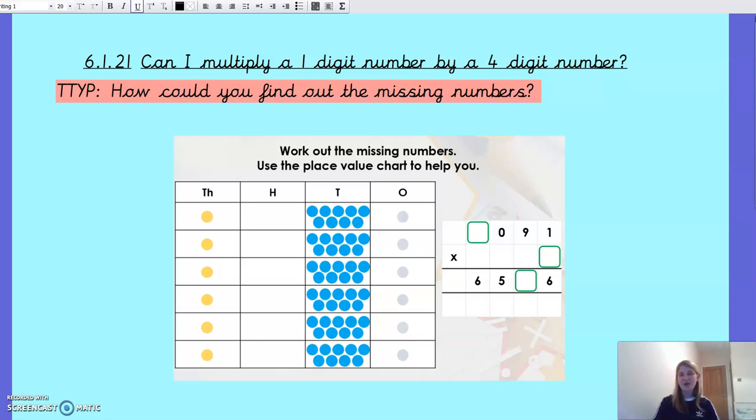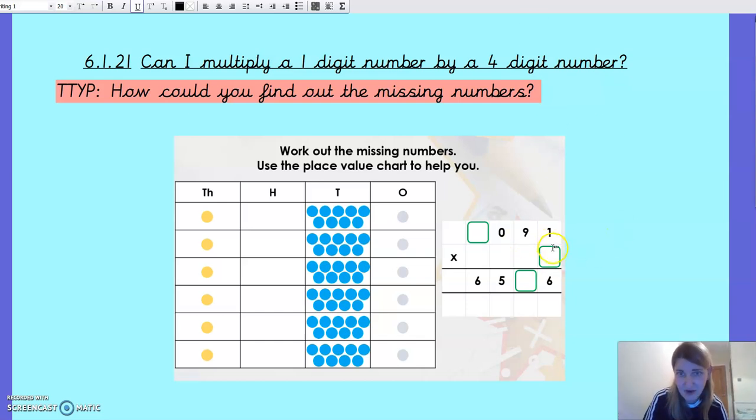All right, so the good thing to use here, firstly, we've got our method. We know we're really confident with that. Starting with the ones, moving across, multiplying by that 1 digit each time, remembering to carry. The second thing is we can kind of use our friend, the inverse here. Okay, so we've got our thousands missing on our 4 digit, our ones, and then we've got part of the